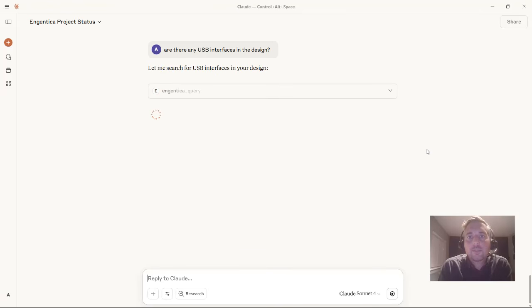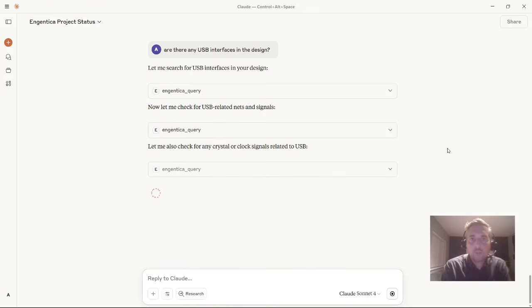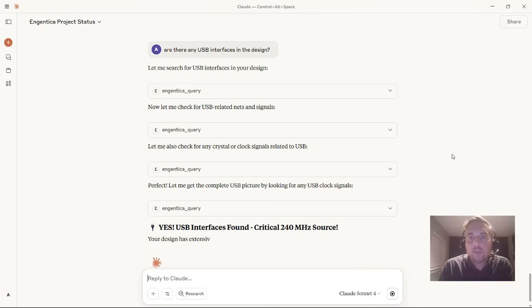standard data rates for USB 2. So I've just asked it a question: are there any USB interfaces in the design? So it's checking for that. And what we'll be doing over the coming weeks and more is to augment the existing data with more and more